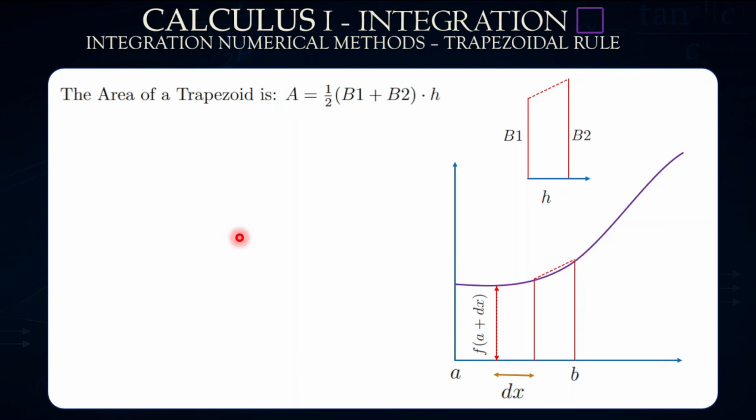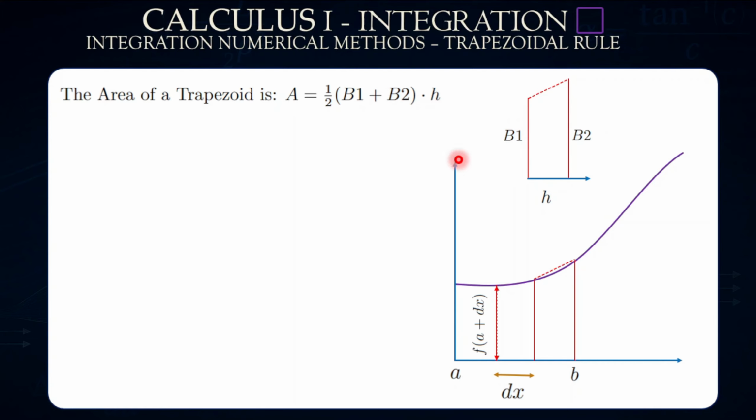Now let's check the other method to evaluate or approximate the area underneath the curve between two boundaries A and B. What you have here is the method of trapezoid. As a reminder, how to evaluate the area of a trapezoid: the area is equal to 1/2 (B1 plus B2), which is the first base plus the second base divided by 2,